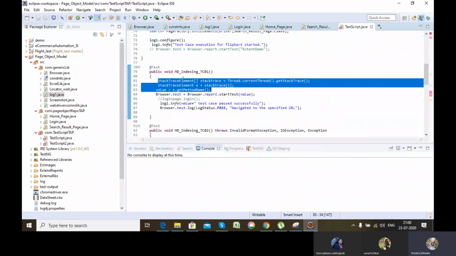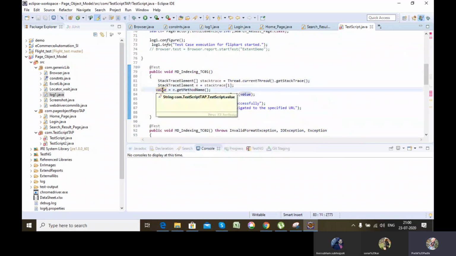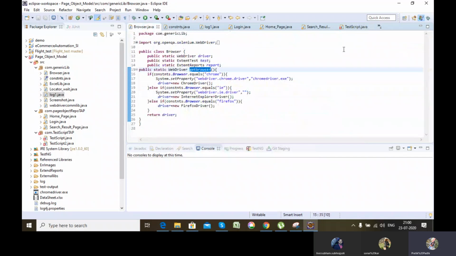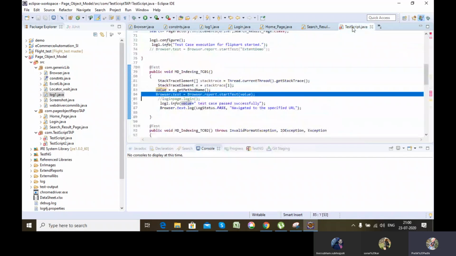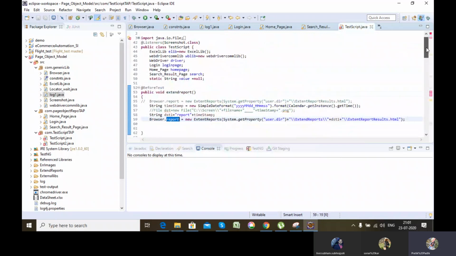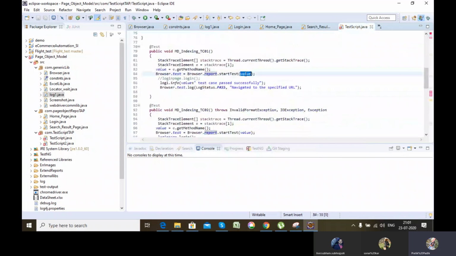So once I retrieve the value at runtime in my variable name value, I can instantiate the test variable which I have created here, like for example this ExtentTest, by this syntax, using the report which I have instantiated at the start of this class. I will be using report.startTest and passing the value.